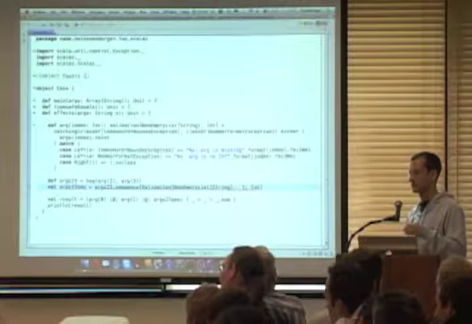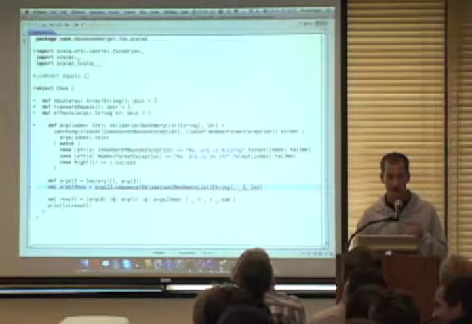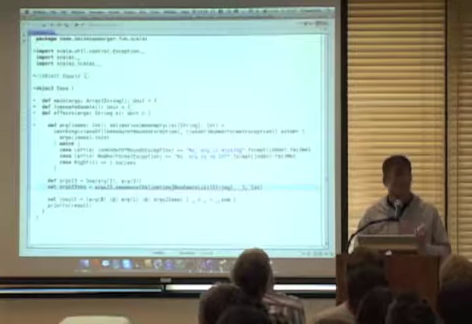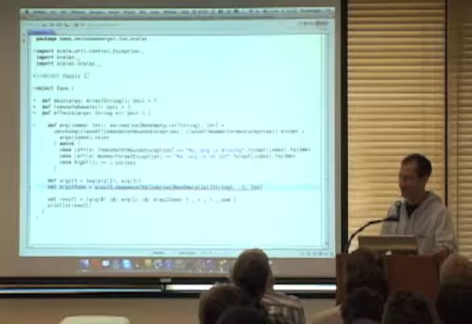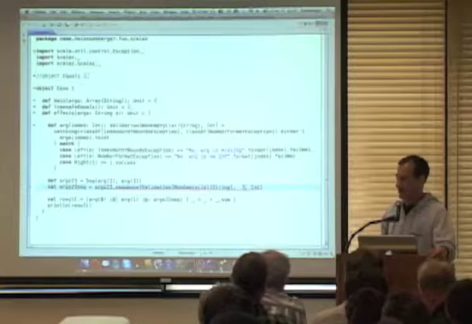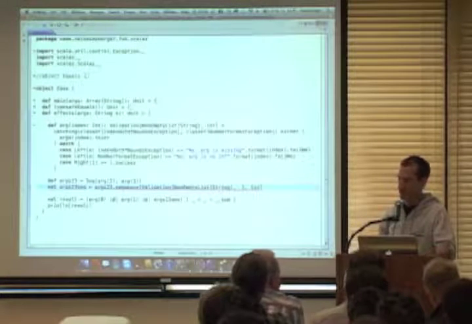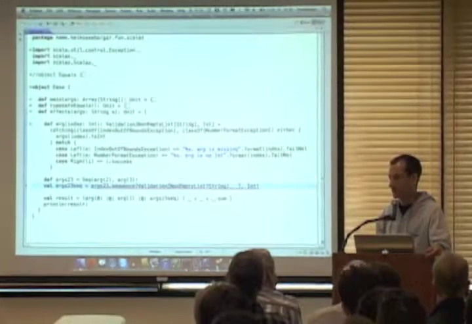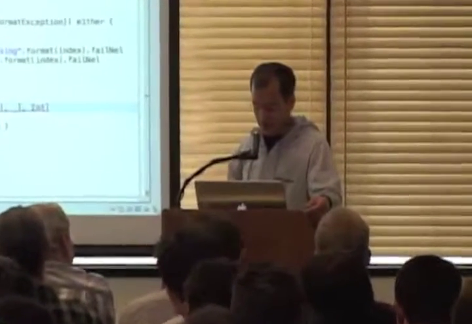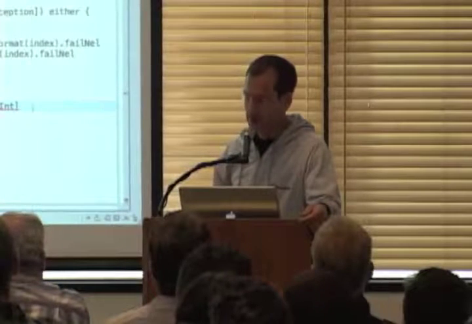How does validation compare to box in the Lift API? The question was, how does validation compare to box in the Lift API? Box has been very controversially discussed. Validation definitely is an applicative functor, and there's also a monad for it, but they are not compatible in the way they should be. But if you look at box, it is different. It is definitely not a monad in that sense, in the pure sense.